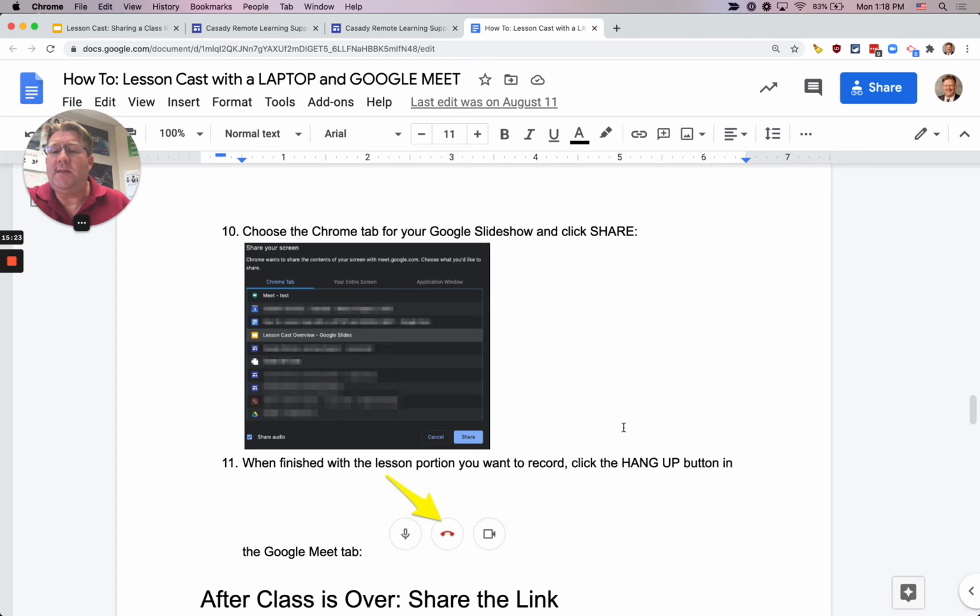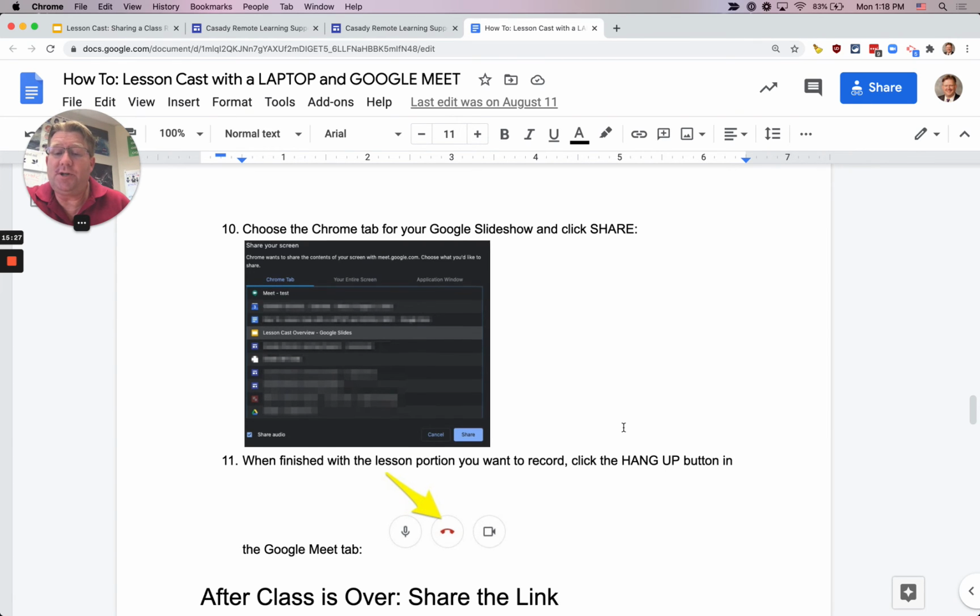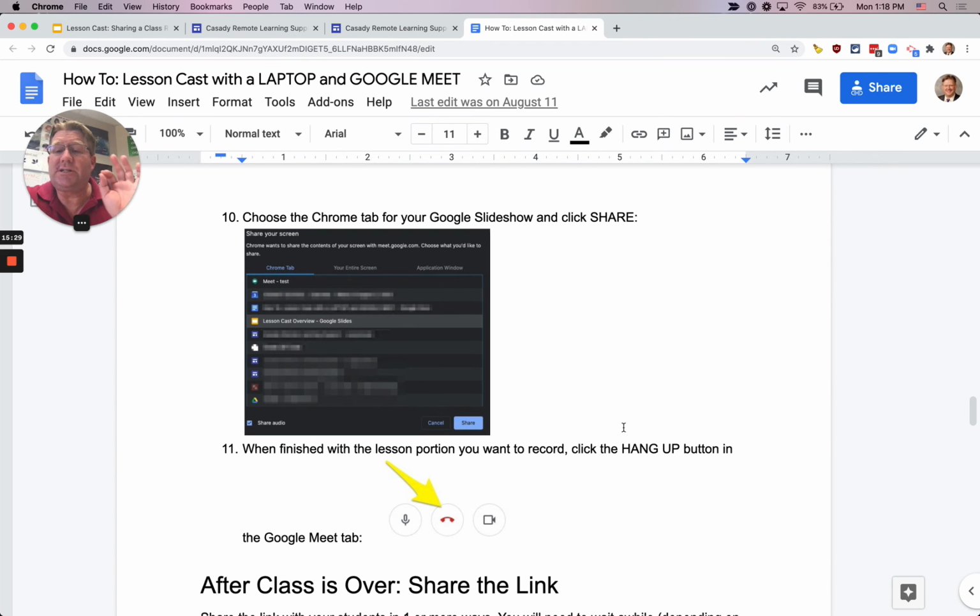So that's what you're going to do to get started, and then you're going to teach your lesson, and when you're done, you're going to go ahead and just hang up. You don't have to click stop recording. When you click the red phone icon there in the Google Meet, it's going to close it. You can actually just close the tab as well, and that hangs it up and is going to finalize the